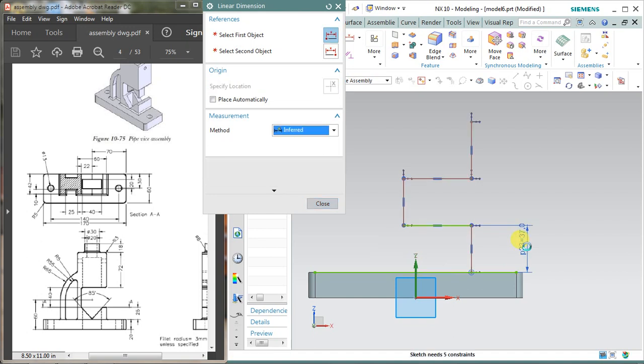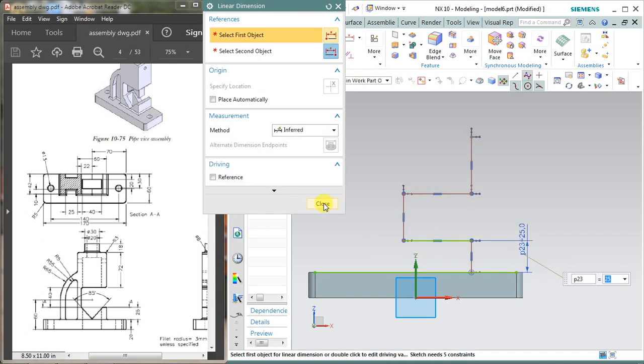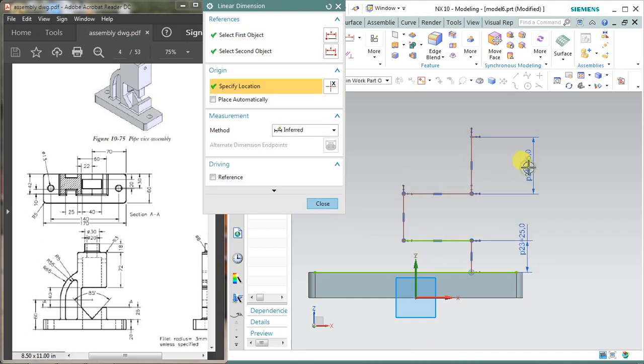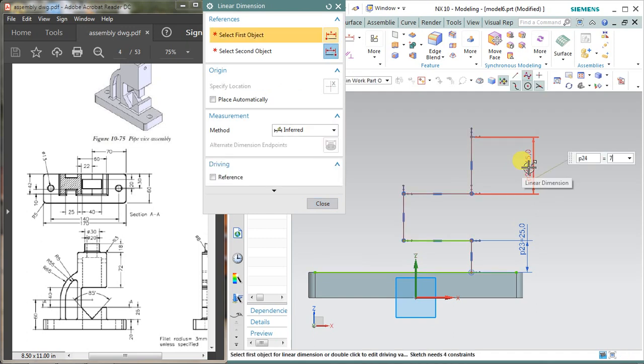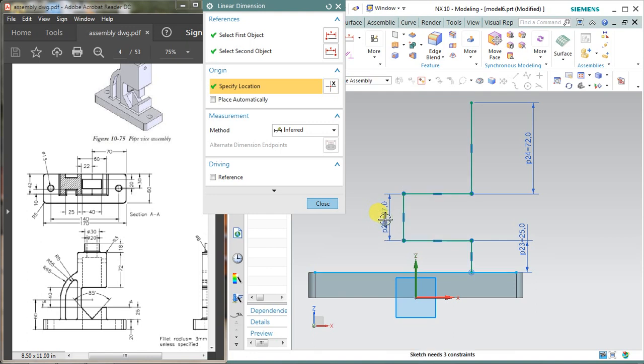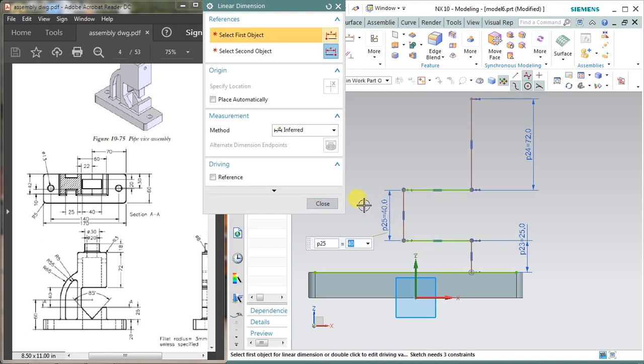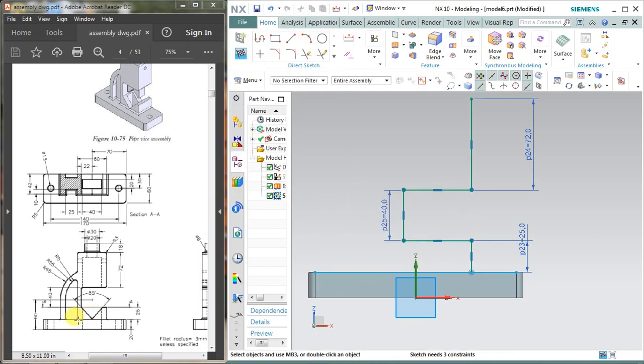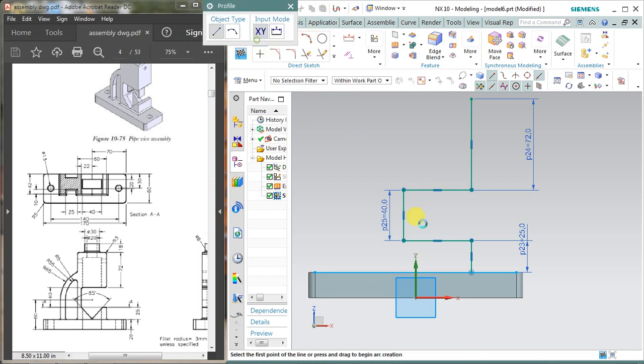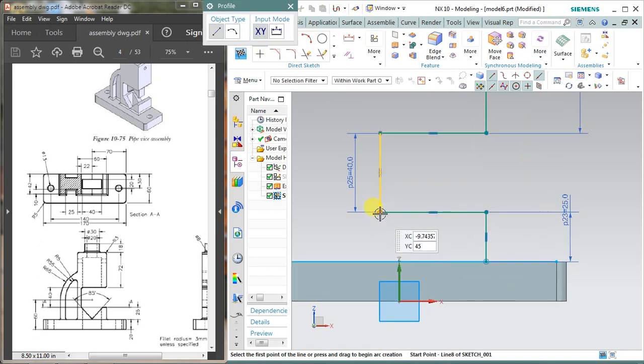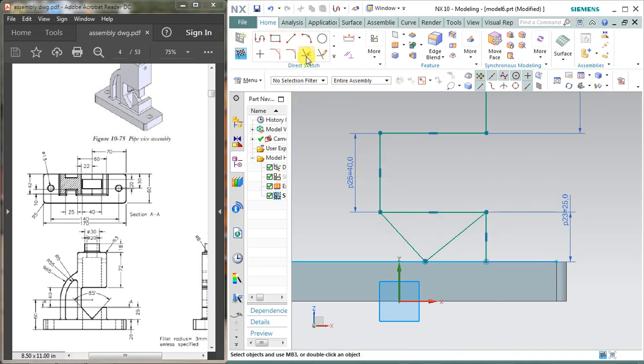Select this line and assign 25 mm length, and it is 72 mm in length, and it is 40 mm. Okay, now it's time to draw this V section. So draw a V section here by selecting this curve, selecting this point and this point. Trim the excessive portion.